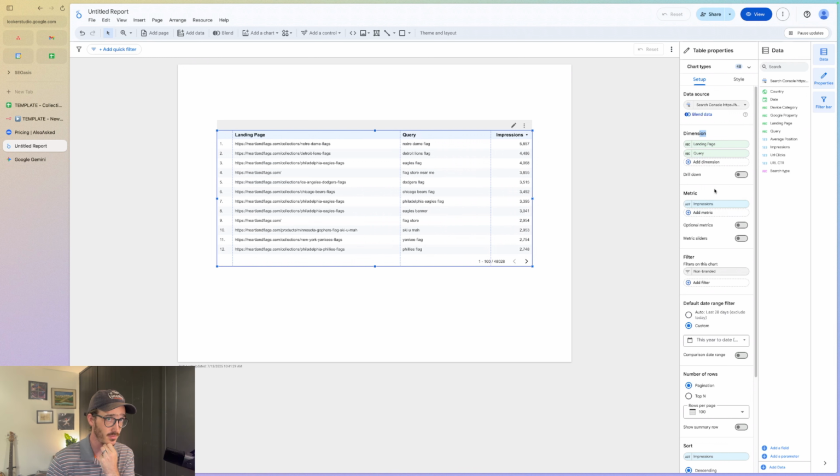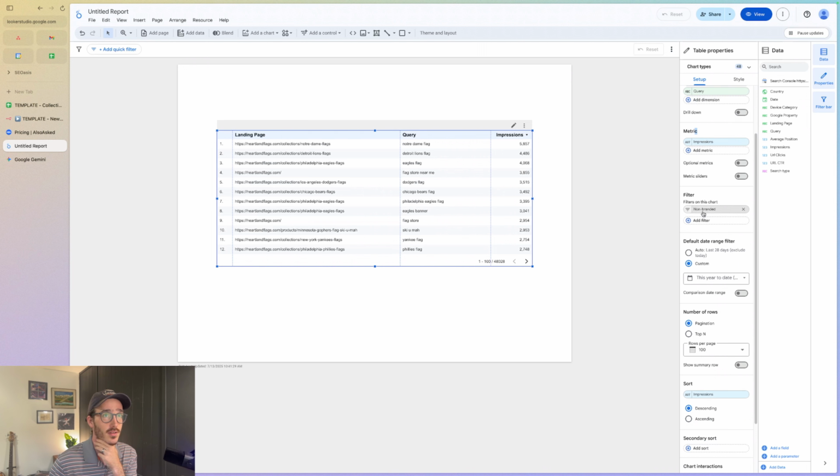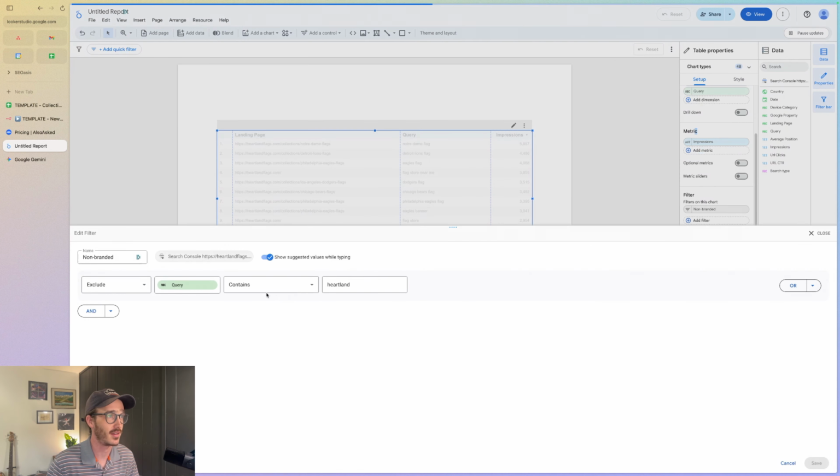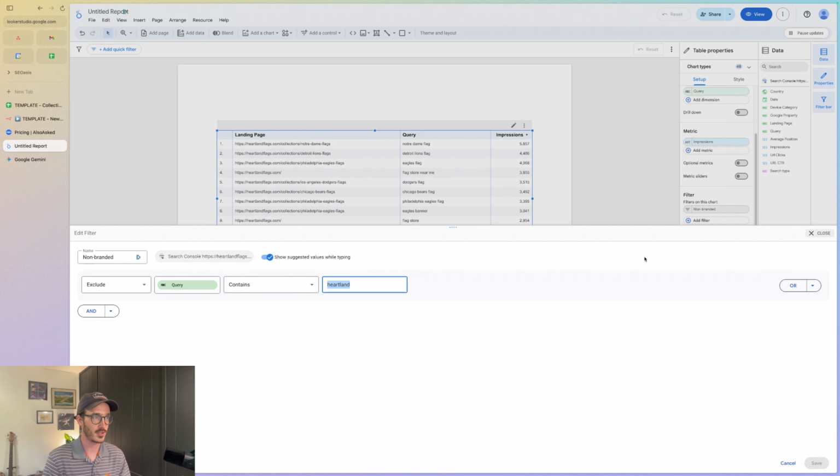So those pull up. And then the metric of impressions, and then filter out all branded keywords, just because you don't want every collection page to have the name of your brand in it as the primary keyword, or at least in some cases that might happen. And so just filter out the brand name here, and just be careful to choose a phrase that only excludes your brand term and not